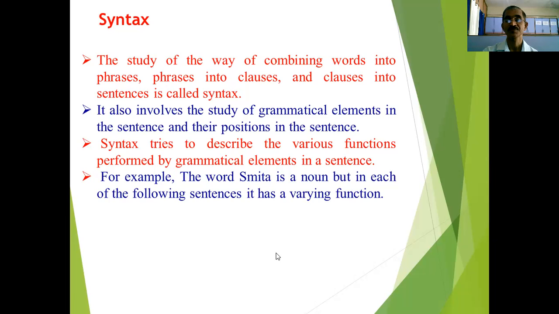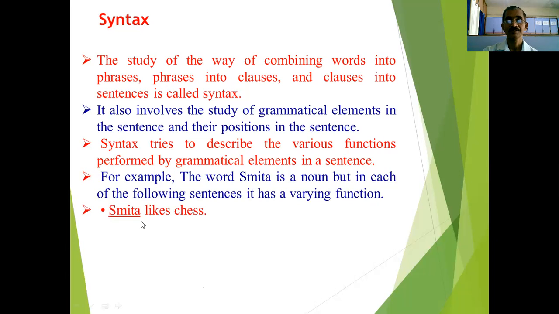For example, take the word Smita, which is a noun. In each of these sentences, it has varying functions. There are different functions of the same word. Smita is a noun, but when we use the same word in different sentences, it has different functions. Let us see the first example: Smita likes